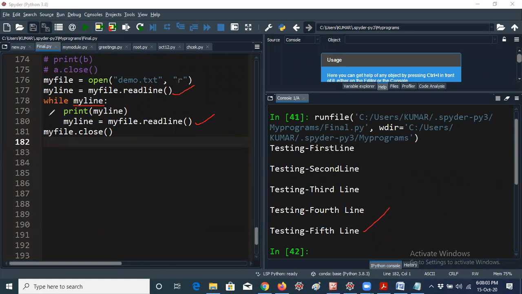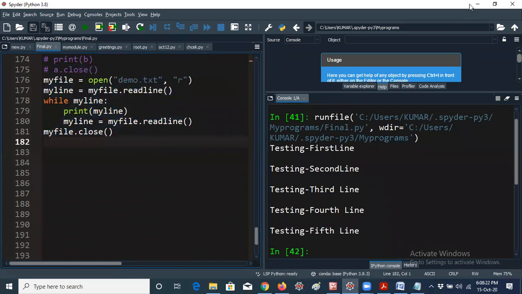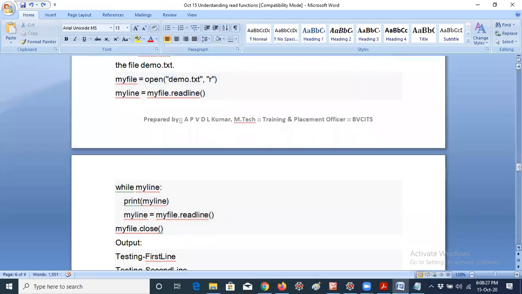After that, again, if you are taking my line equal to my line file dot read line, it does not take any lines because there are no other lines we have. So in that way also we can access, by using a while loop. So you can access in this way, by using read line, you can also access multiple lines. You can also do the same thing using a while loop or for loop also. That's not a problem at all. But I will do it with a for loop also. Don't worry, I have a lot of examples.